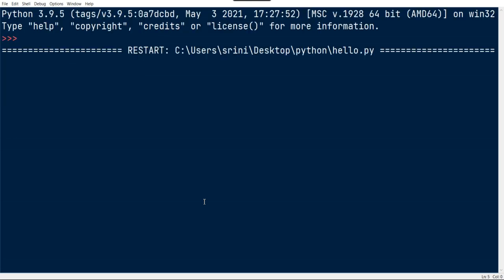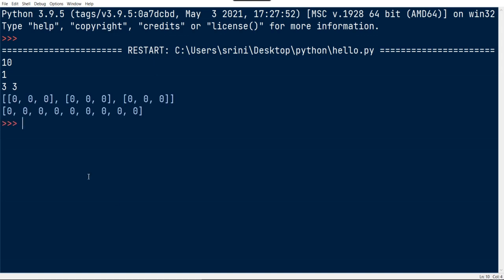Okay, if I run this program, n equal to some weird number 10, and the values, oh my god, I should give a single value. Okay, we are splitting that, right? We are not using the n value, so I'm putting 1 here, and the row and column size will be something like 3 cross 3. So now we got a two-dimensional matrix and a single dimensional list.